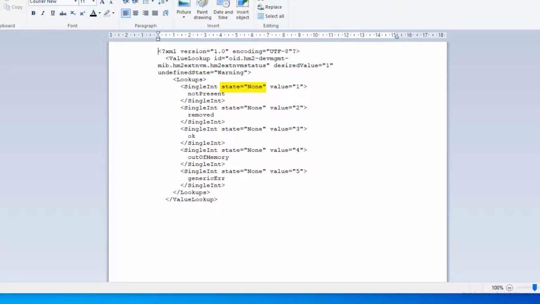State is the status color which will be displayed for the sensor in PRTG. The possible values are none, green, OK, green, warning, yellow, and error, red. I'll modify the lookup table to display the correct status color and good English text.